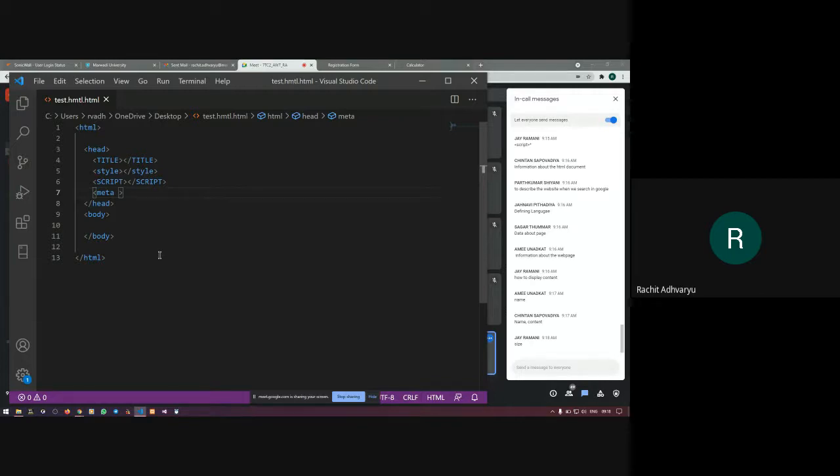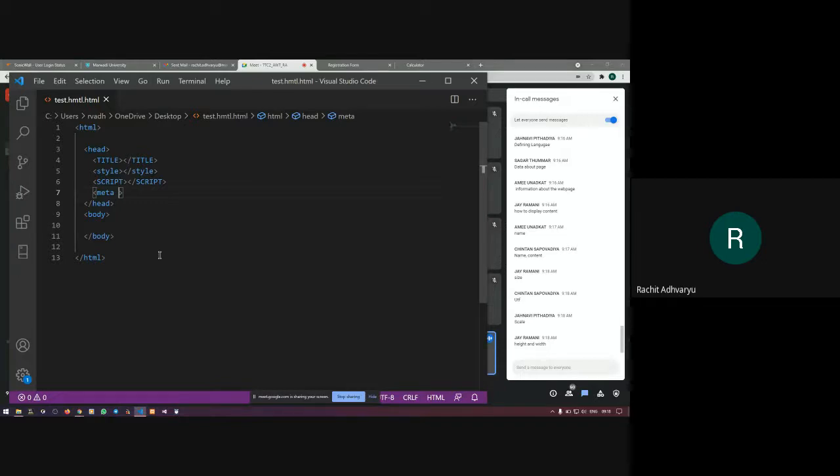Size. What is the use of size, Ramani? Scale, UTF code, okay, height and width, okay.